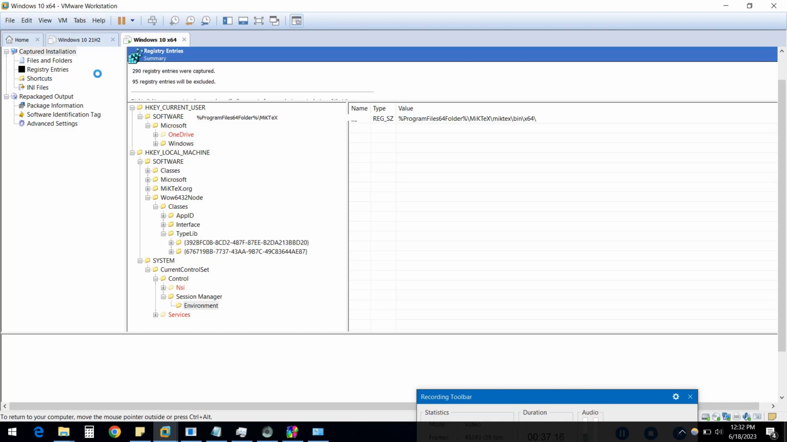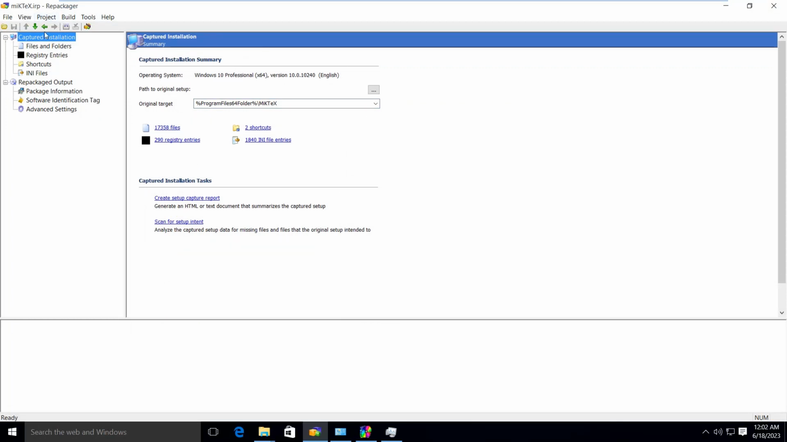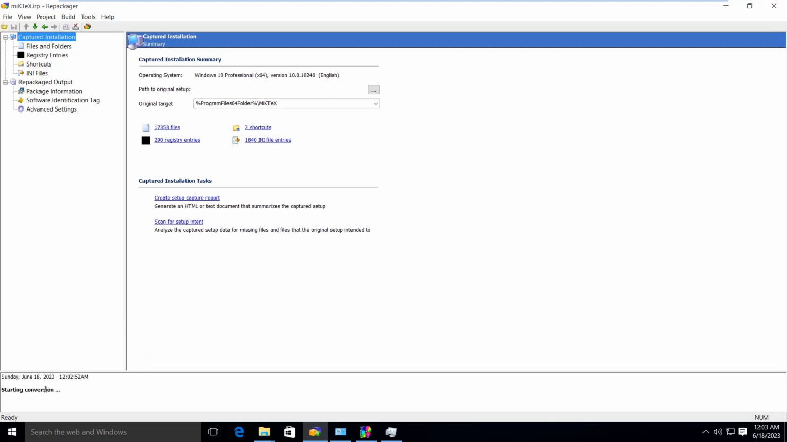So we have done with the repackager. The next step is, let me do the full screen, we need to save this here. Once you click on save, you need to click on build. Once you click on build, it will start creating the .ism file. If you see at the bottom of my screen, you can see the start conversion. So again it will take time. Meanwhile